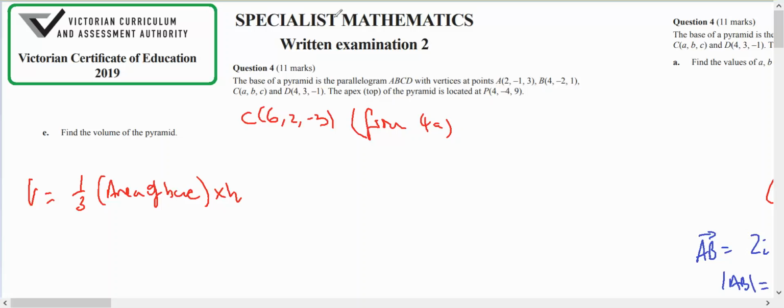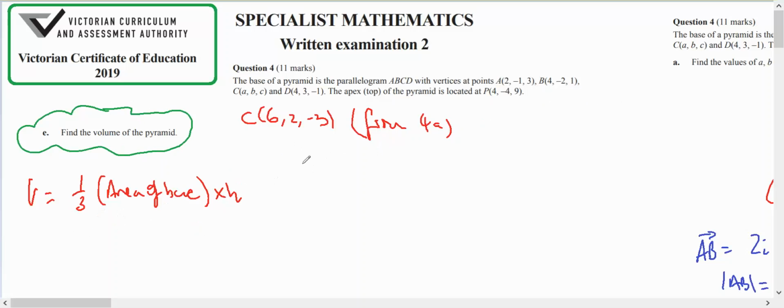This is for Year 12 Specialist. It comes out of the 2019 Specialist Maths Exam 2 question number 4, specifically 4E, but I can't do 4E without doing the rest of part 4. Now, like a good VCAA question, the previous bits of the question help you do all of this, but the